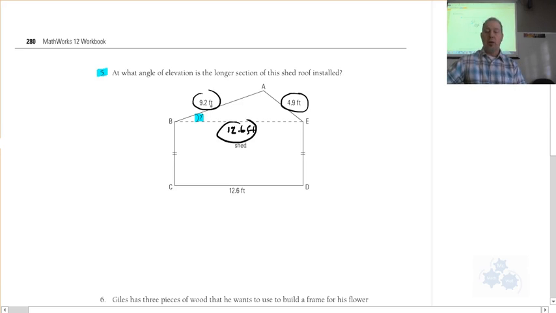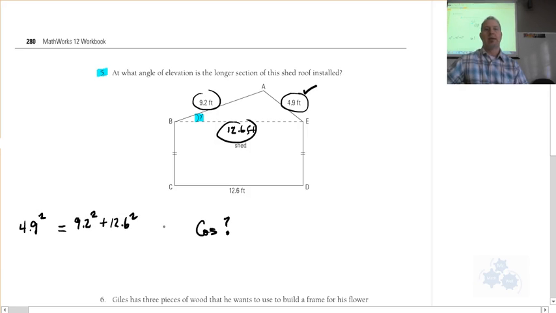Okay. So what that means is this is going to be cos of I don't know what, right? But let's fill in this whole cosine law formula. I'm going to start with this side on the left side all by itself, remember? The side that's opposite of the angle that's either known or unknown is what's on the side by itself. So 4.9, don't forget the squared. Here I'm going to put 9.2 squared plus